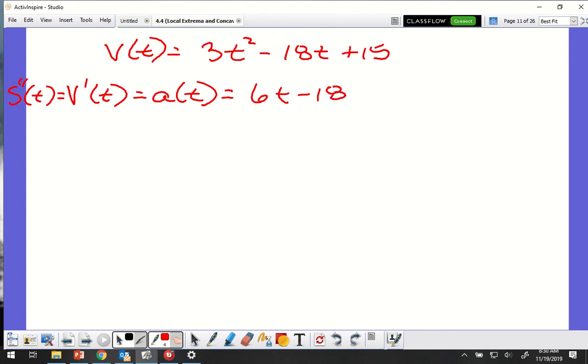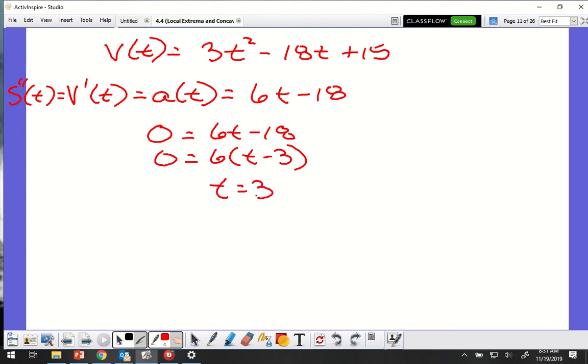6t minus 18 is going to be my this. So 0 is equal to 6t minus 18. Factor out a 6: t minus 3, so t equals 3. That's the change right there, right? So at 3, it's changing. Now, if I think about it,